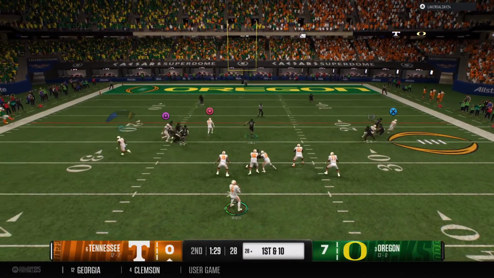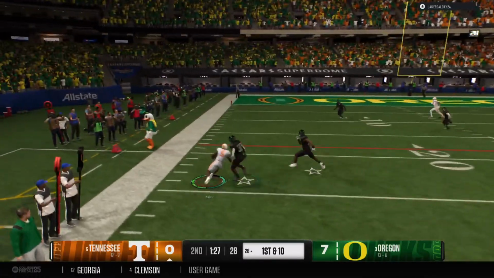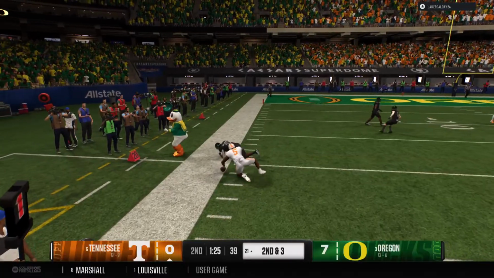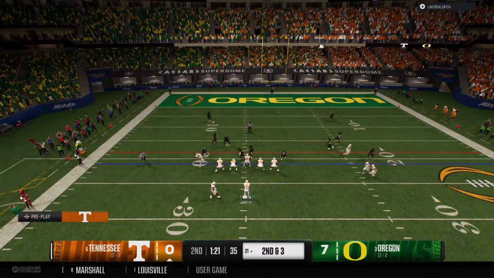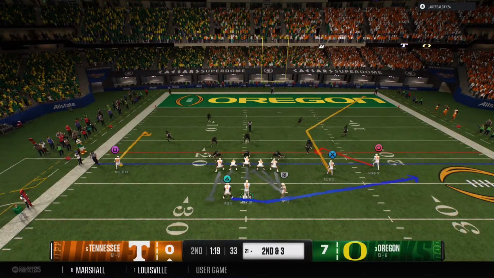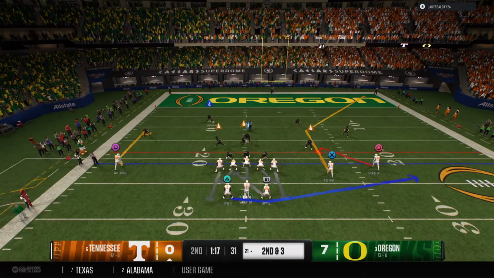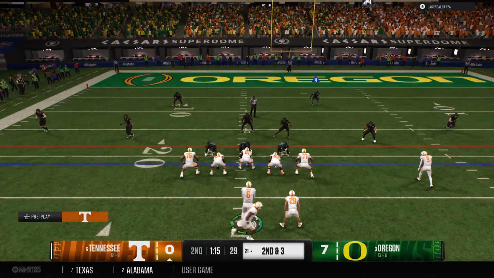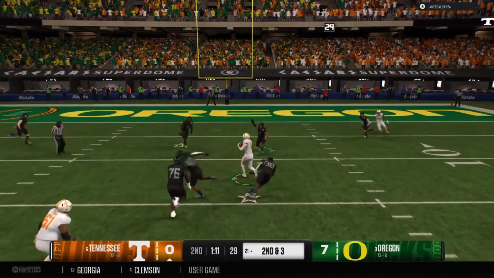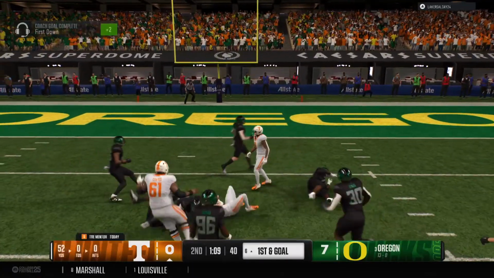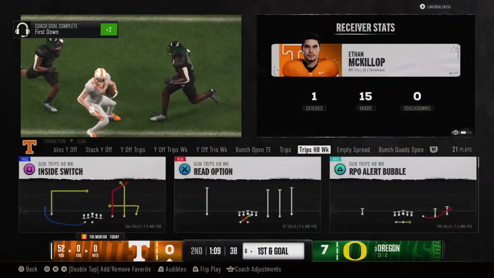Looking to pass this time. Catch made on the left side. They make the tackle, but that pass creates a solid gain. They'll crank up the tempo here on second down. The time is running out. There's the snap. They'll set up to throw. From the pocket, delivers over the middle. Tackle at the 6-yard line after the completion.